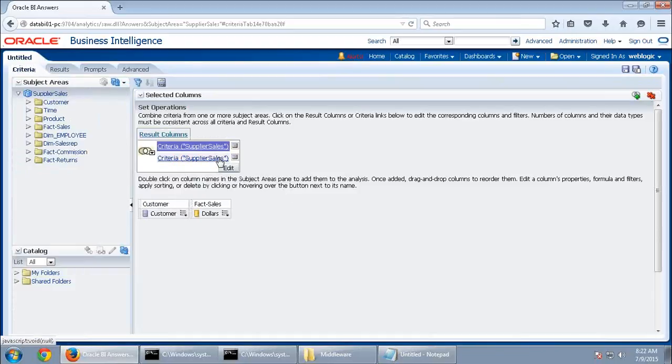I don't care whether it is from the same subject area, supplier sales, or even from multiple subject areas, it is quite simple. Like it displays its own records, it displays its own records. But if something is matching, or if it is like union, it is just based on the criteria. You can see here, union will pick up everything. Union all will pick up even the duplicates in between.